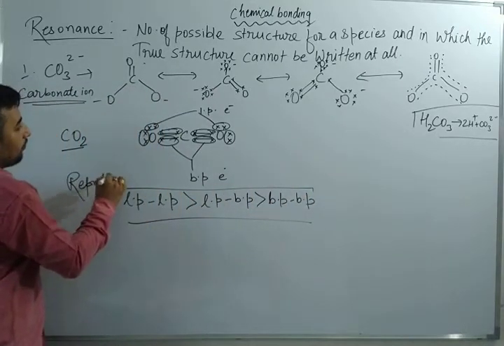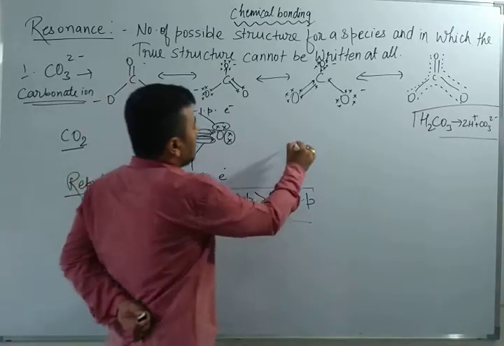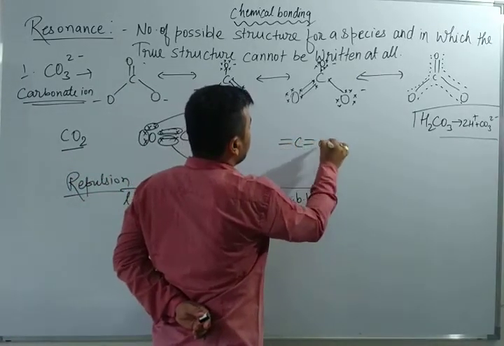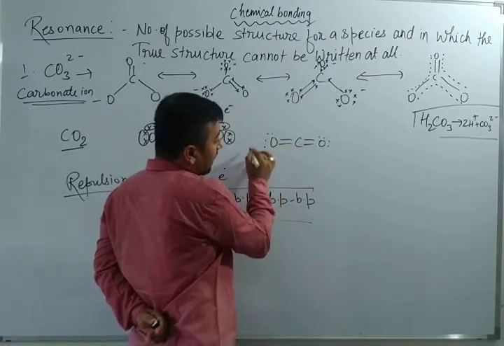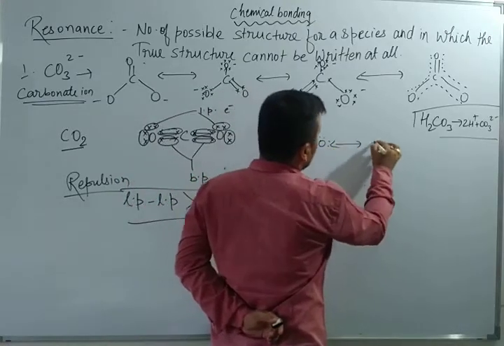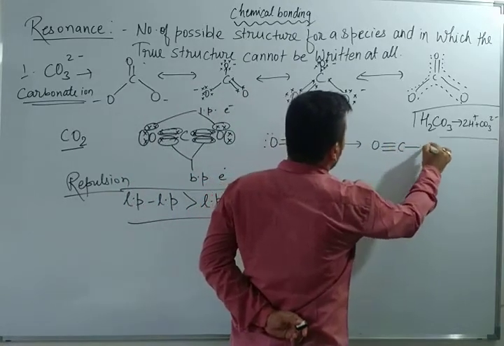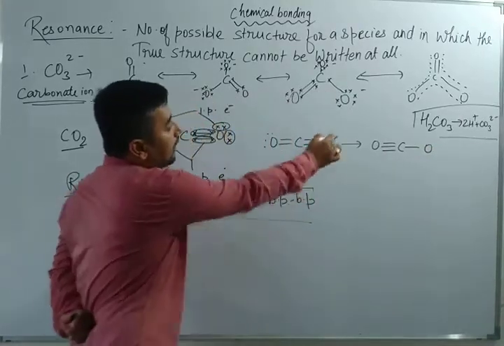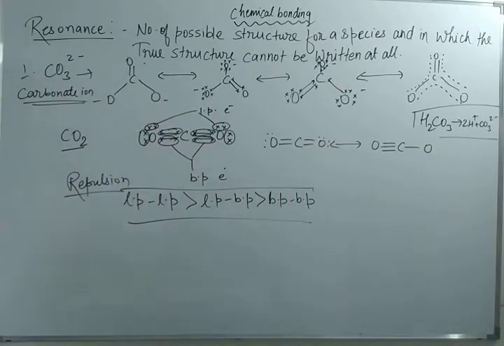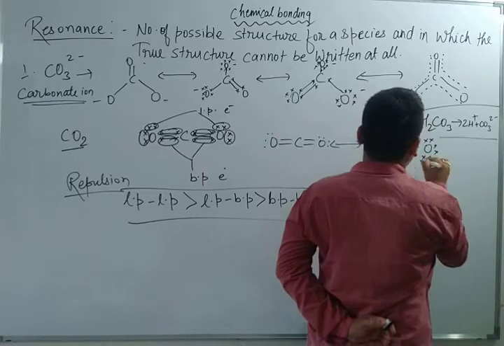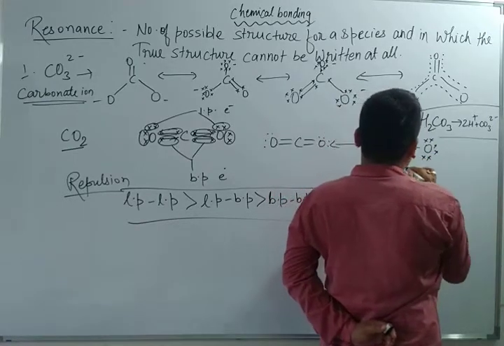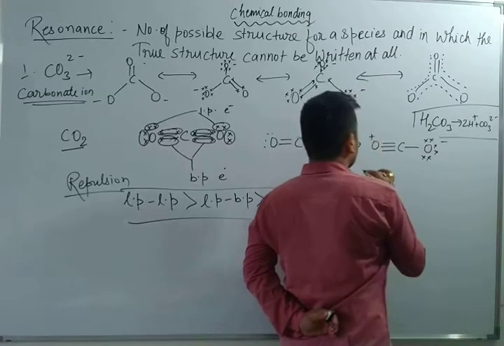So what will happen here? Here you have seen the carbon with oxygen on both sides. Because of this repulsion, what will it do? Here the oxygen will get 3 bonds and here oxygen will get 1. So what will happen to that second oxygen? You can see here in the carbon dioxide, because of maximum repulsion, here already 1, 2, 3, 4, 5, 6. Here is a lack of electrons, here an excess of electrons.